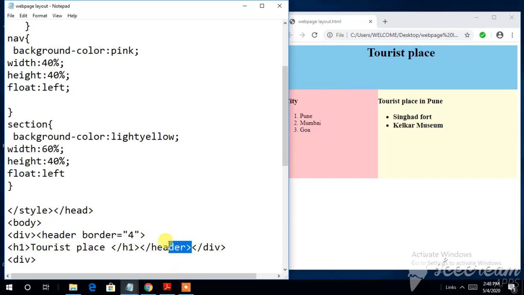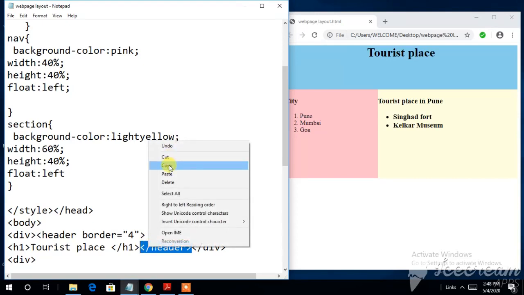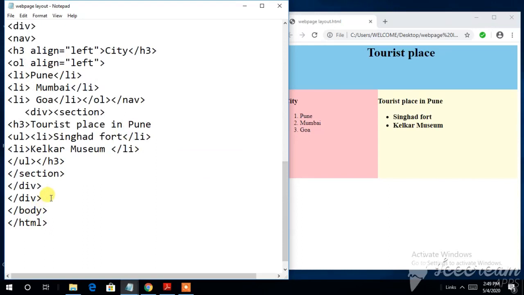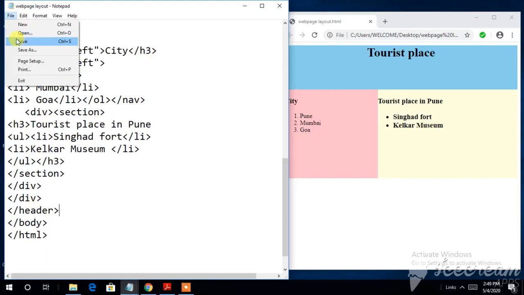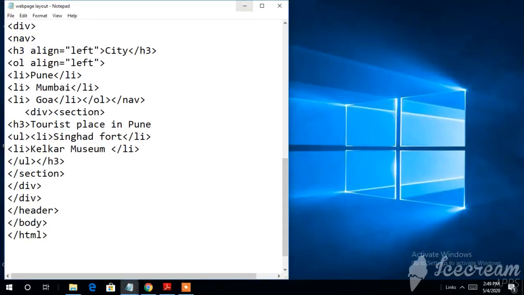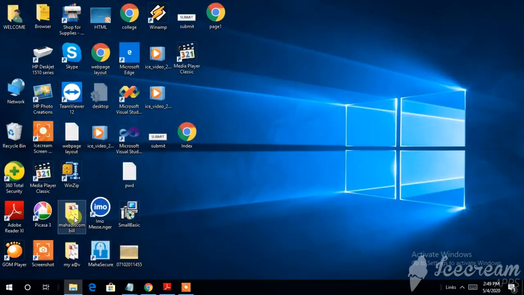Let me show you some mistakes. Sometimes we write coding and make some mistakes. I have given cut, and at the last I put it here. See what the outcome will be. I have put the header down. Now see what the outcome will be. Say if I have given this, what does it show? The same thing is repeated, because it is written within the body.